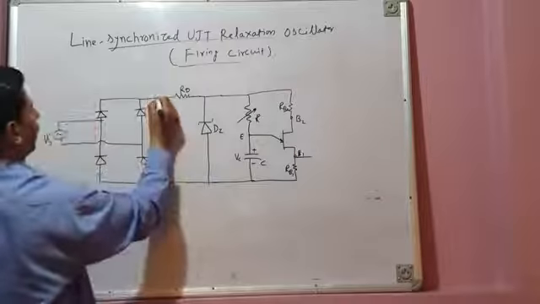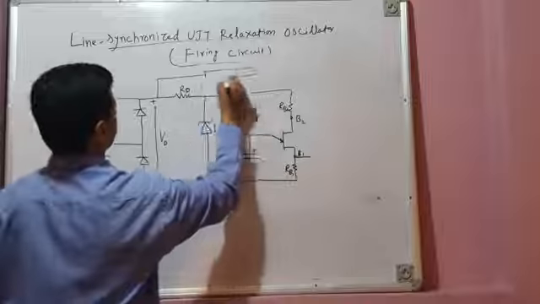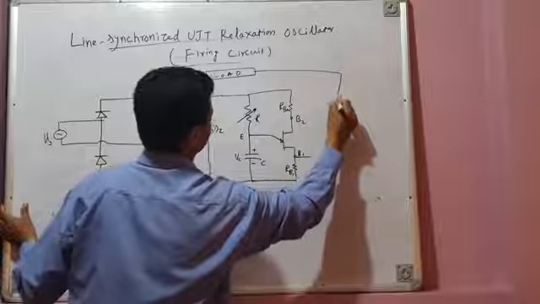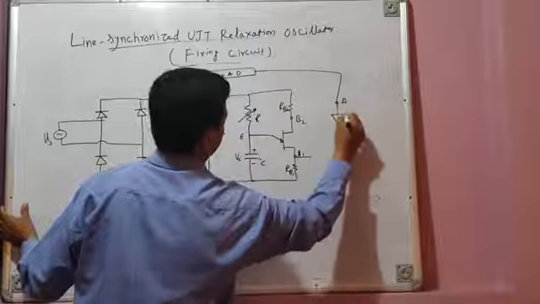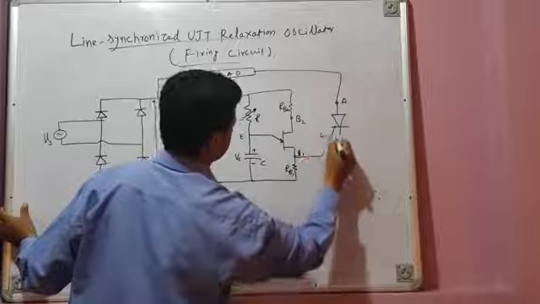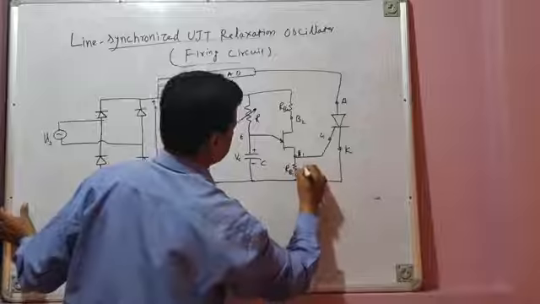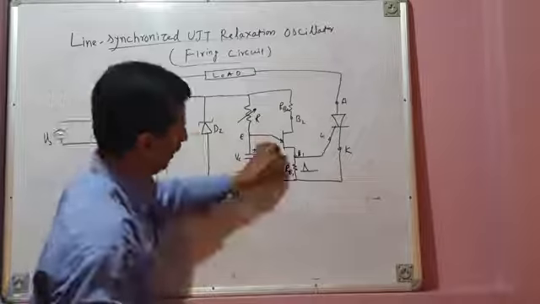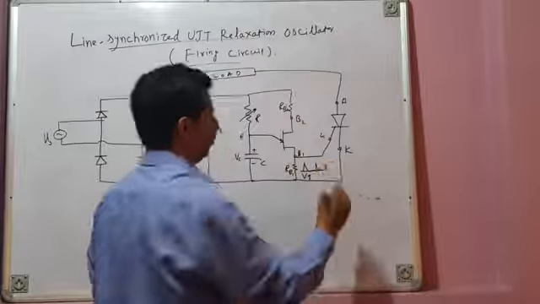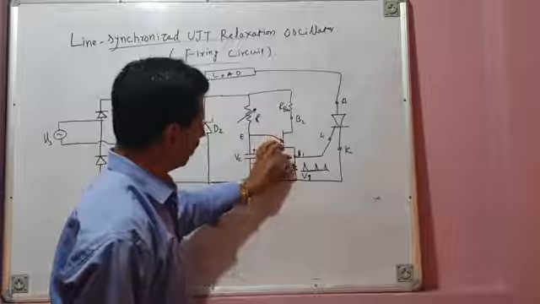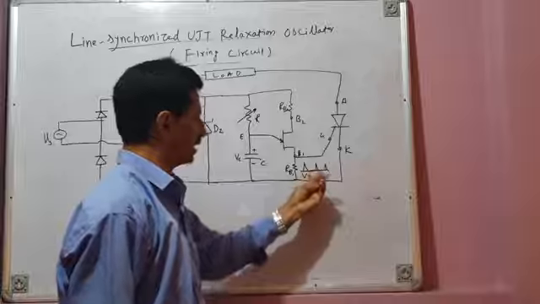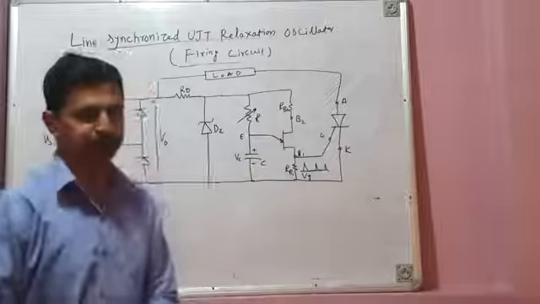Now this is your load. And this is the thyristor that you want to trigger, with anode A, cathode K, and gate G. This is the gate terminal. The firing pulses appear across RB1, and the voltage across RB1 is VG, a train of pulses like this. The voltage across RB1 is applied between the gate and cathode terminals of the SCR. So these voltage pulses act as firing pulses and trigger the SCR.